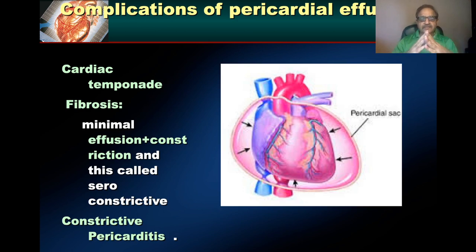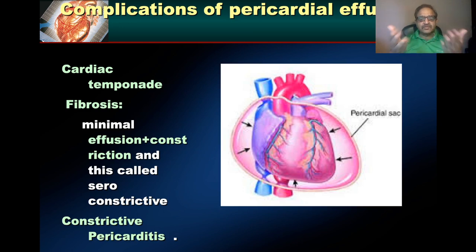Cardiac tamponade is a condition in which there is pericardial effusion with increased intrapericardial pressure, and that increased pericardial pressure doesn't allow the ventricle to relax, and the chambers, particularly right ventricle and right atrium, are compressed. And when the chambers are compressed, there is poor ventricular filling. When there is poor ventricular filling, there is very low ejection fraction.